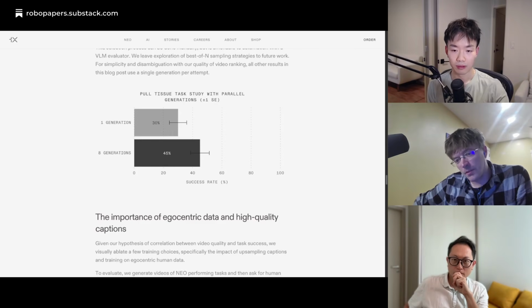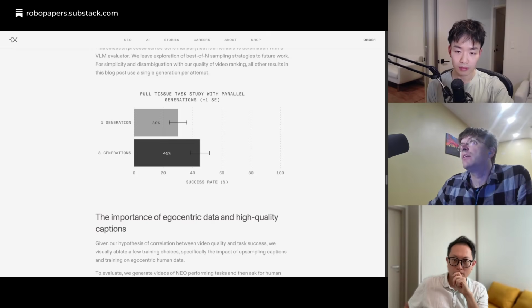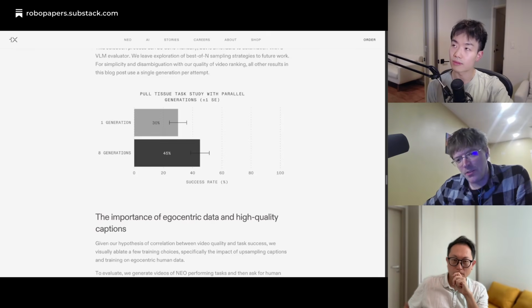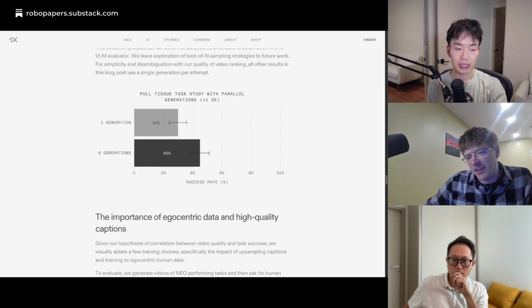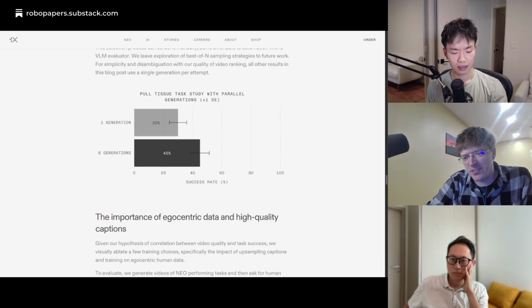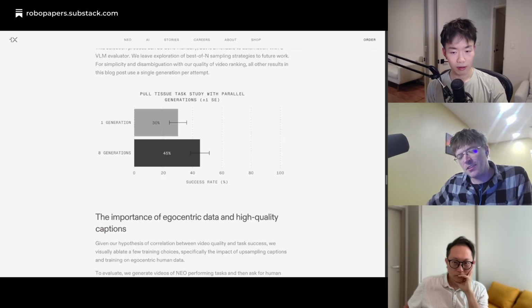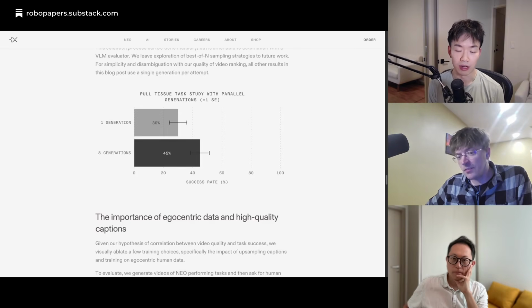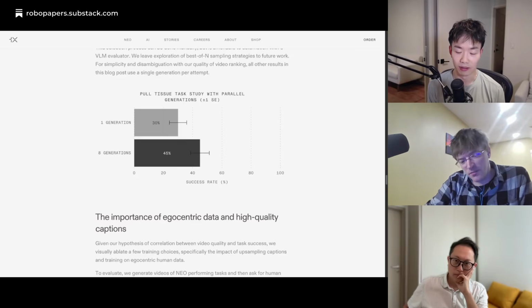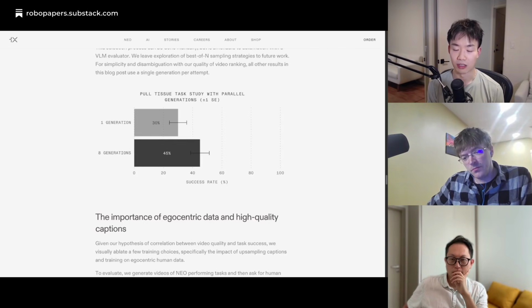Do you think it will take any clever methods or changes to make sure you get enough diversity of options for that to work? Because I could imagine it collapsing pretty easily to just a couple. Yeah, with the diffusion and the way we've done our training, we saw a good amount of diversity already. The collapsing mostly came from in distribution tasks, where you could argue it's already good, or you could argue it's overfit, therefore it's always doing the same thing. Whereas with rarer tasks, you see that the model is naturally more uncertain.